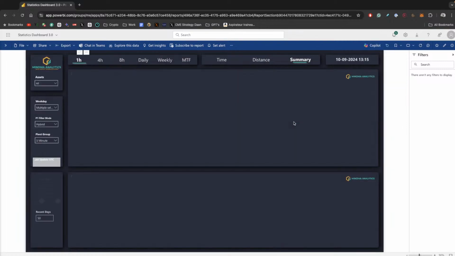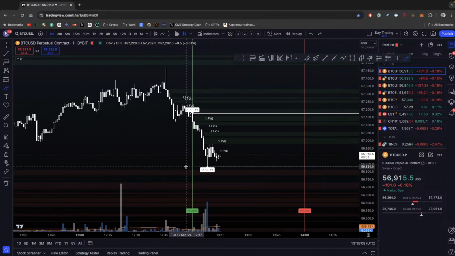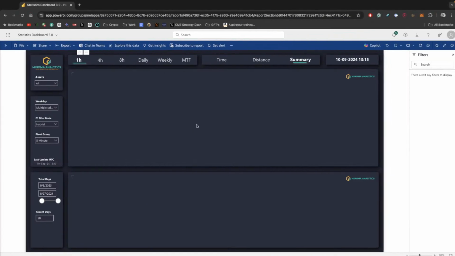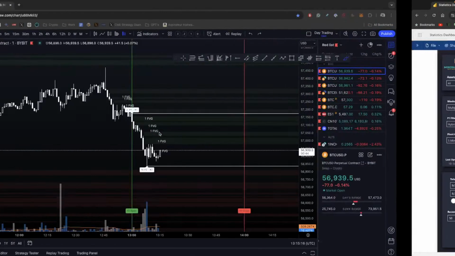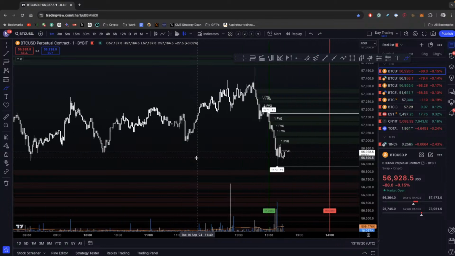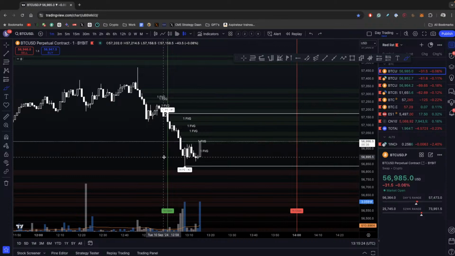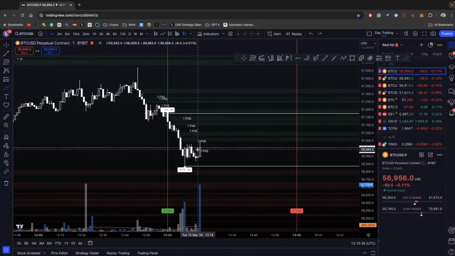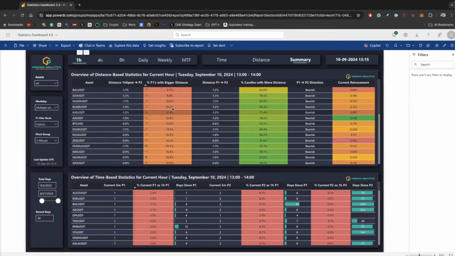Obviously, for me personally, I wouldn't trade the 1 hour, so it's not like I'm going to look for any place on here. But this is going to be the first one that gives us any type of signal. At least, if the 4 hour turns bearish, then it will start with the 1 hour. So right now we have this 1 hour right there, which is showing some bearish signals all around.